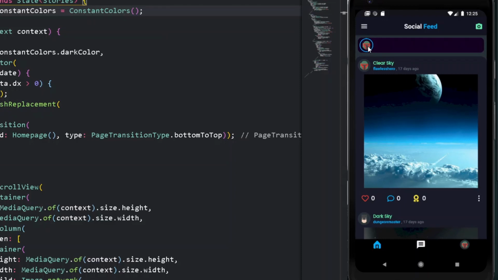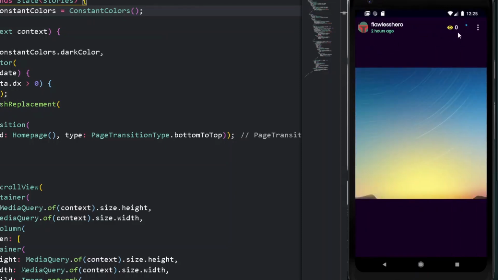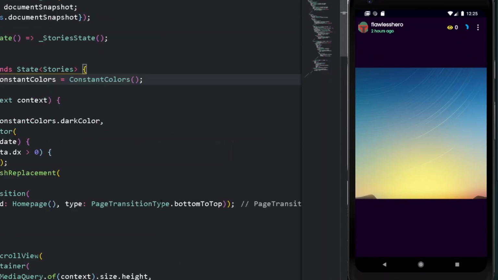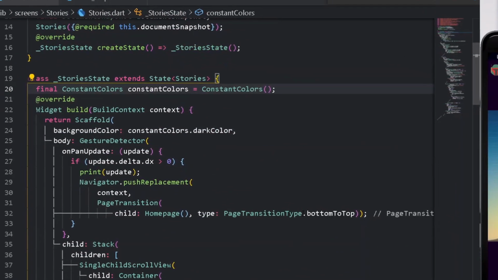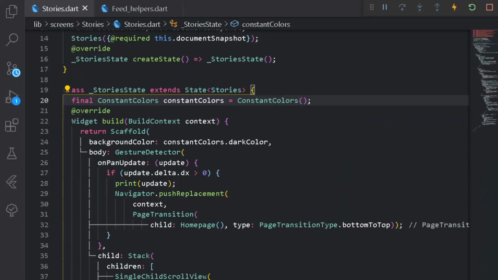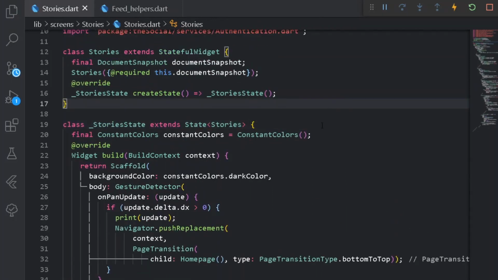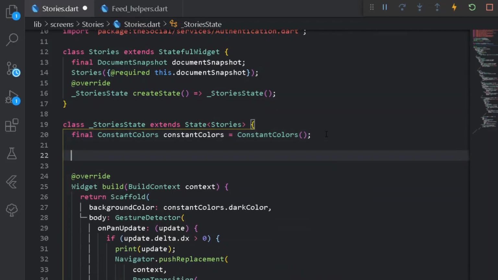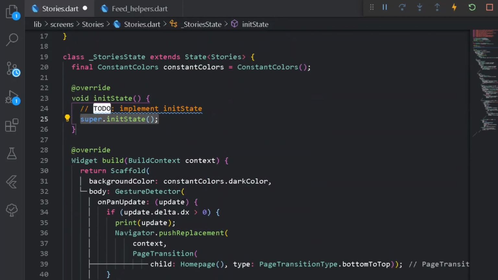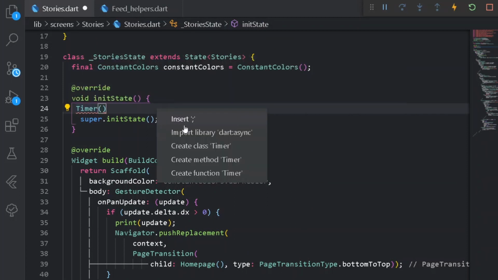So now as per this, if you simply see our story, we are getting our entire timer down of our 15 seconds. But we simply have to do one thing, add an initState method, so that after 15 seconds, the following story shall be automatically navigated back to our home page. So for doing that, we can have a new method here above, that is below the following constant colors. Let's have a new method of initState. Here under initState, I can simply have our entire timer. Easy, let's import the following timer from dart:async.